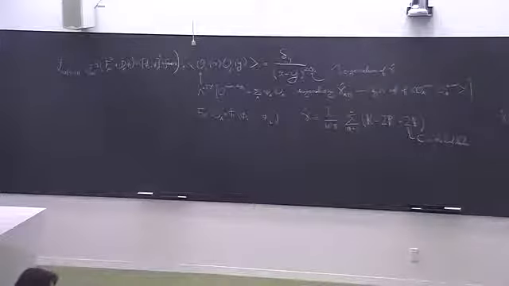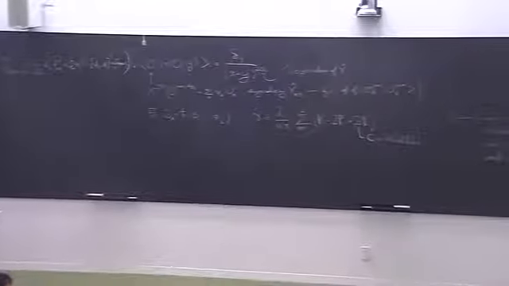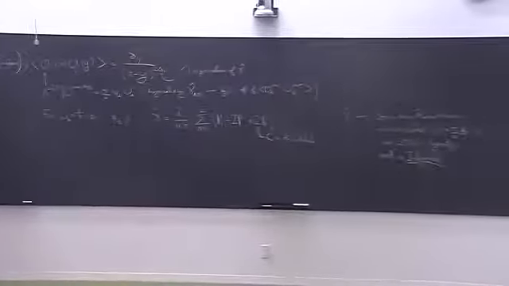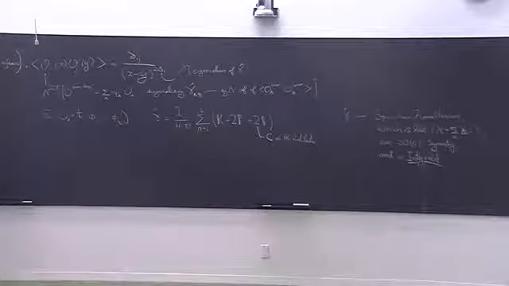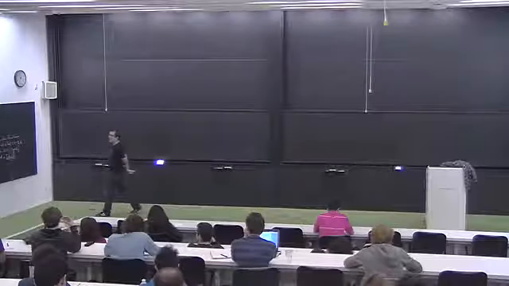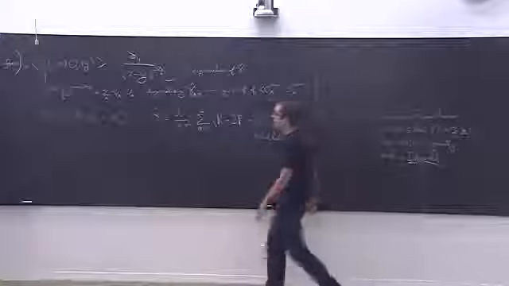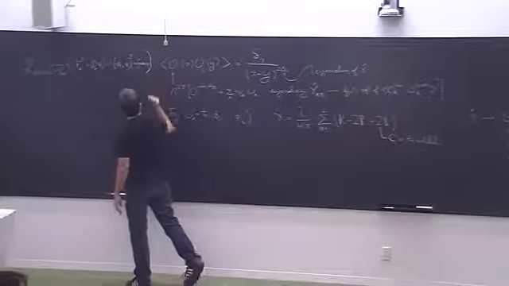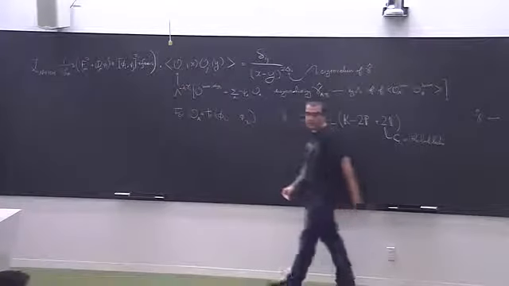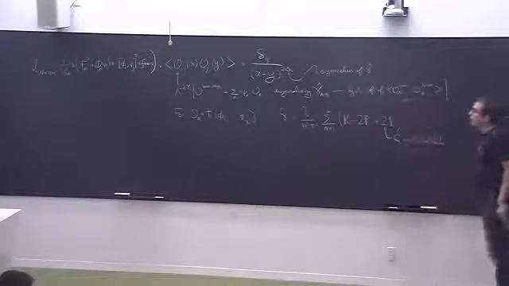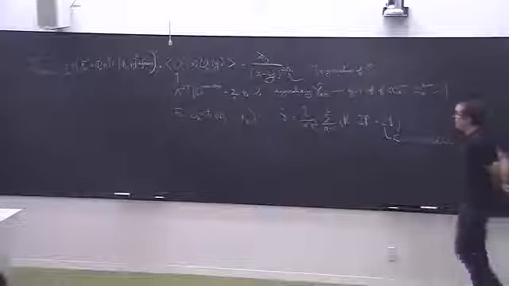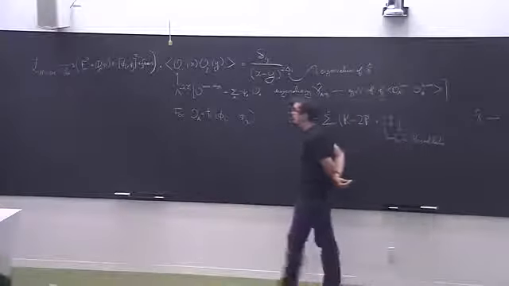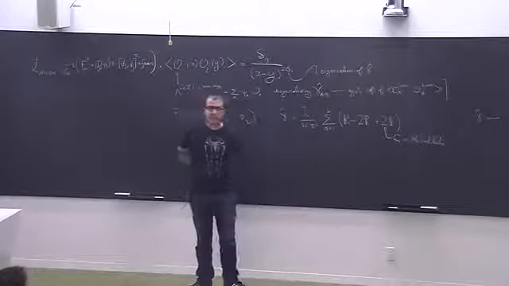I would write that it looks like pure glue, trace of F squared, and then there is some kinetic term for some scalars and some quartic scalar interaction, and there are a bunch of fermions. And we could have started with this 4-dimensional action, forgetting that the most natural way to think about this is as a reduction from 10 dimensions to 4 dimensions. Then we started asking, what's the simplest possible question we can ask in this theory that has no scale?